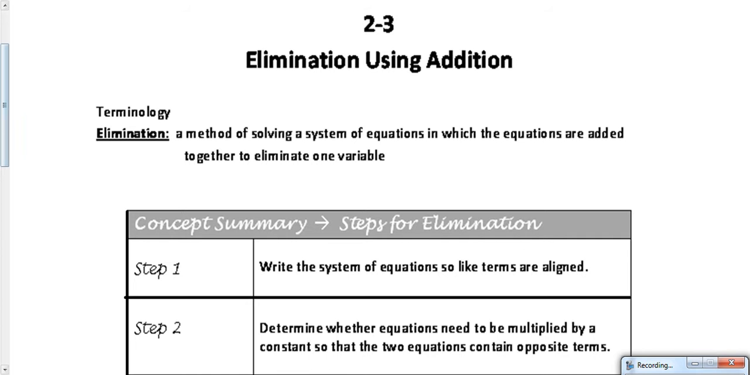Now, first and foremost, we have the terminology of elimination: a method of solving a system of equations in which the equations are added together to eliminate one variable. With that in mind, I want to keep this clear, that we are adding the two equations. Sometimes they say you can subtract as well, but we have chosen to use addition to simplify the